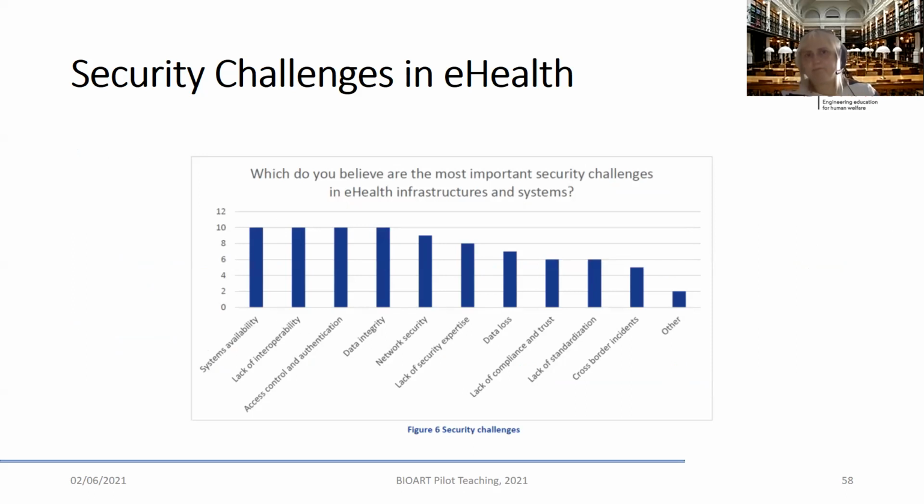After investigation, the most critical security challenges were selected, and you can see the first four are system availability, lack of interoperability, access control and authorization, and data integrity.